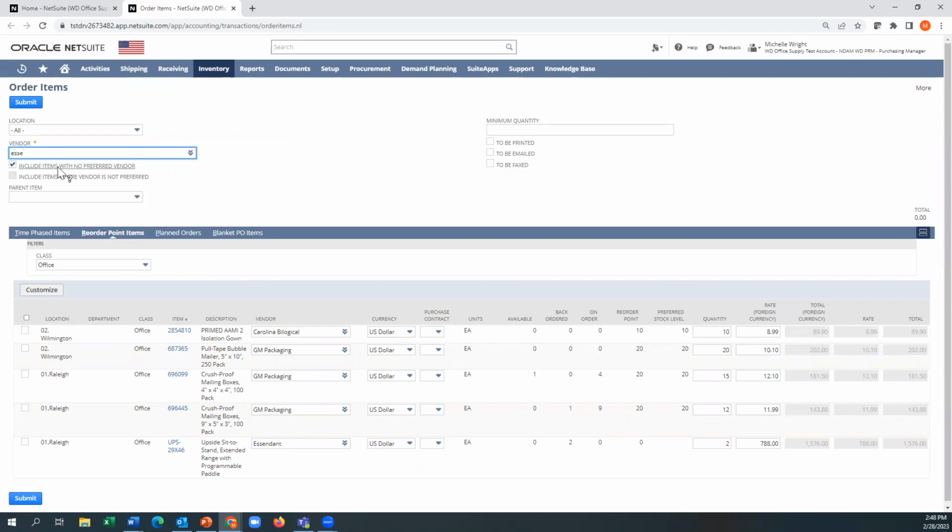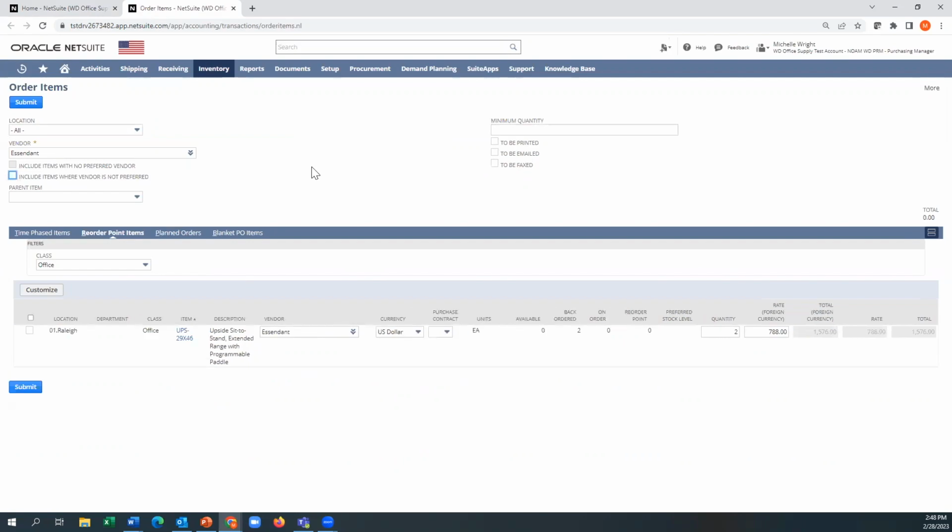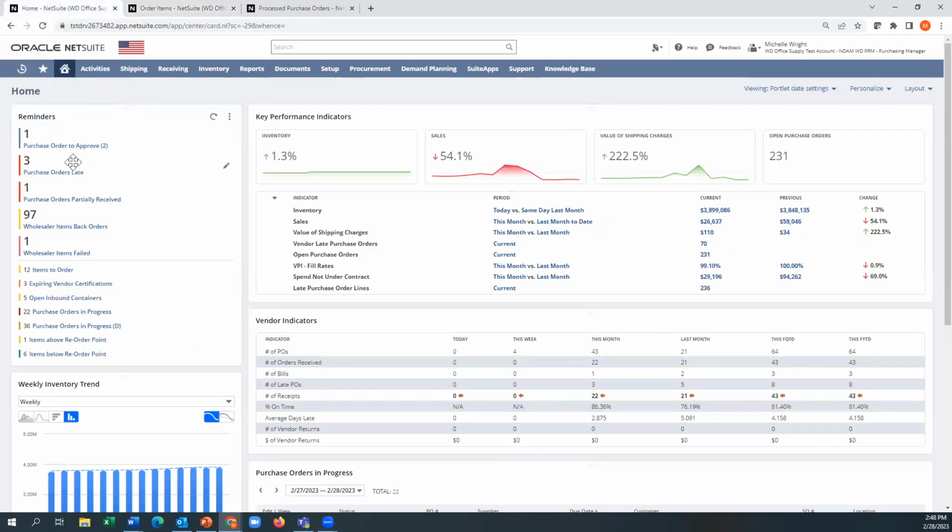So maybe you're stocking some products with Ascendant, right? You can see here, if you wanted to create a PO, you'll just highlight this. You can overwrite the quantity directly here, and you can submit that for processing directly here. So that's simple, again, all directly from the dashboard. All of the information's right there.